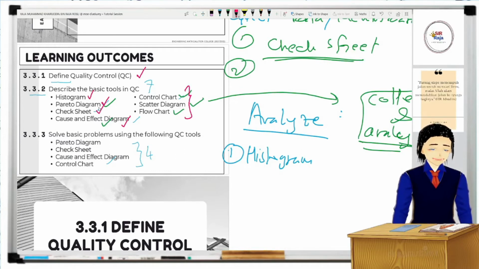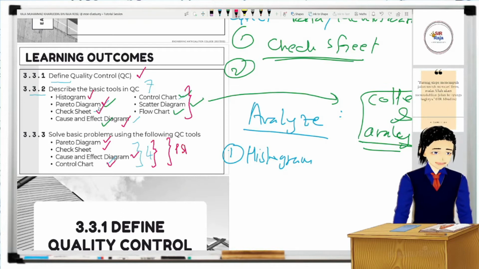You are expected from this lesson to be able to use Pareto diagram, apply check sheet, cause and effect diagram, and control chart to solve basic problems, okay, in equation. So this part here can come out in your PSPM1 later on. All right. So we're going to look through how to use these three, especially. And the rest, another three, which are our histogram,